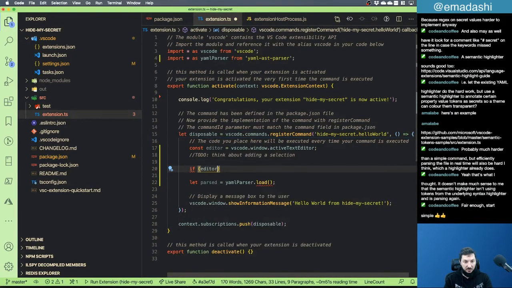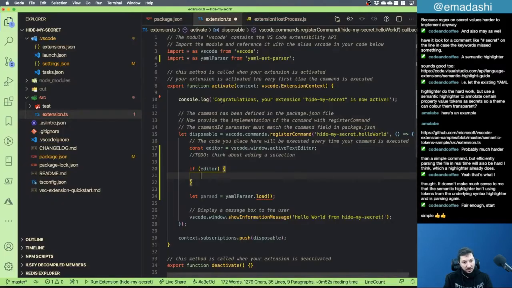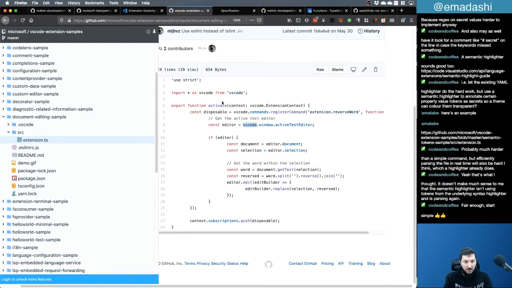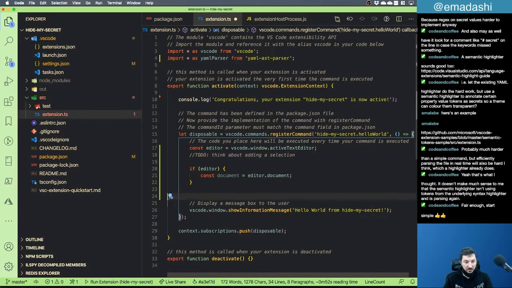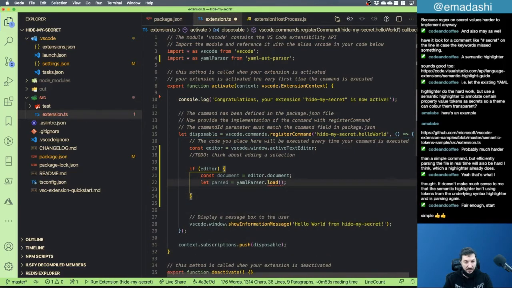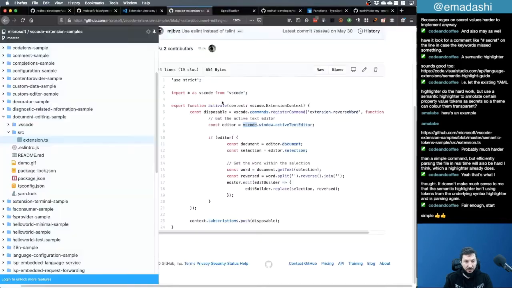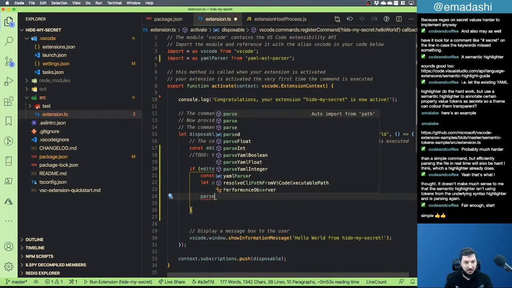If editor, which means that we might have screwed things up. Get the document of the editor. Equals editor.document. And then get the selection. We don't want to do selection stuff. Document get text. So over here, let's remove this and move it here. We say document dot get text. Correct? We get the text, and then we can see what parsed has brought us. Parsed dot